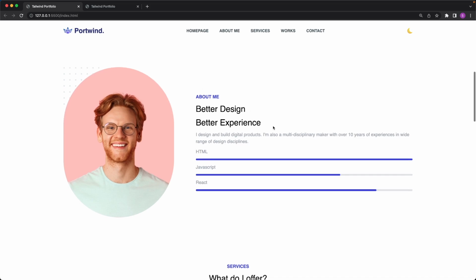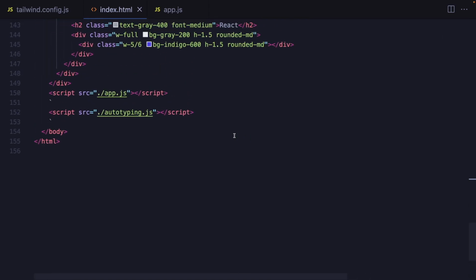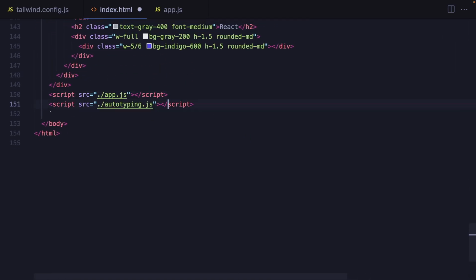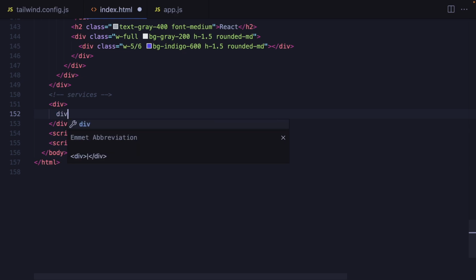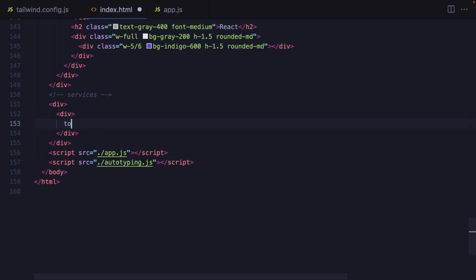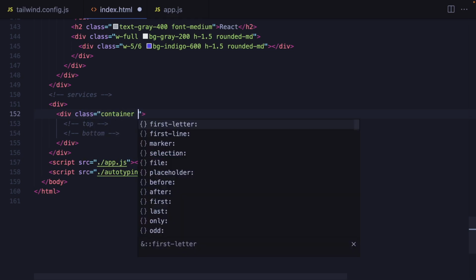Let's create these services. Again, a main div. After that, a container. Those are gonna be top section, and those cards will be bottom. Let's do that. Okay. Let's create service or services. We are gonna have main div inside a container, and inside top and bottom. Class name will be